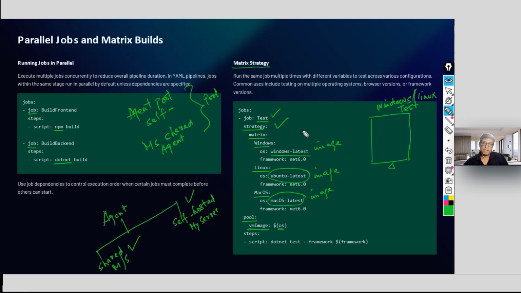So your application should be working on Linux, or your client might be working on Mac OS.